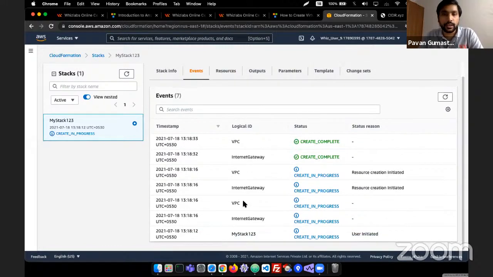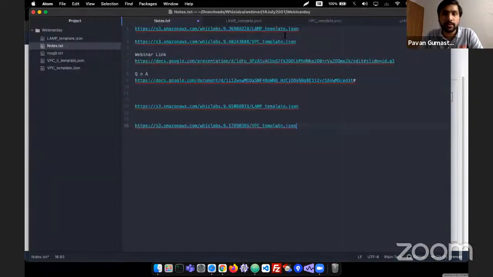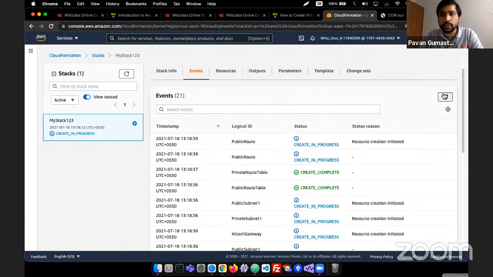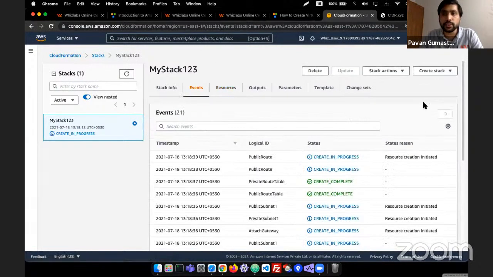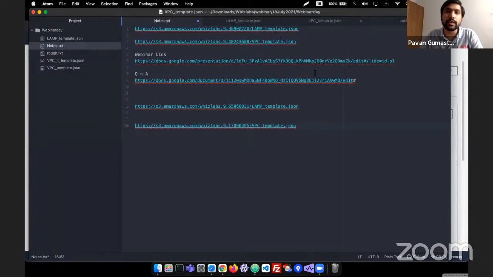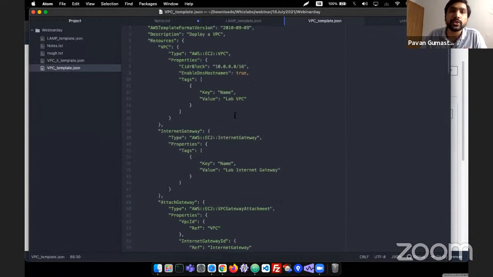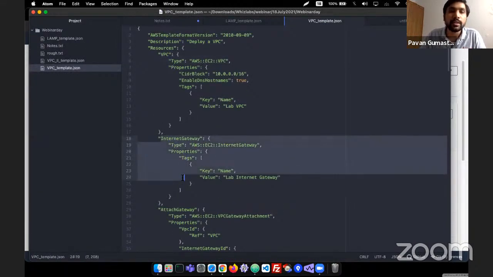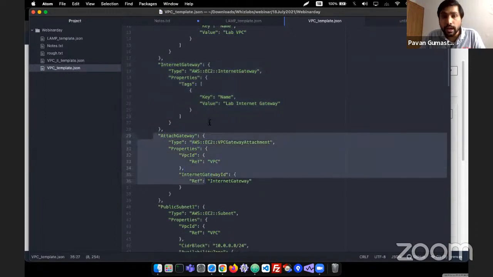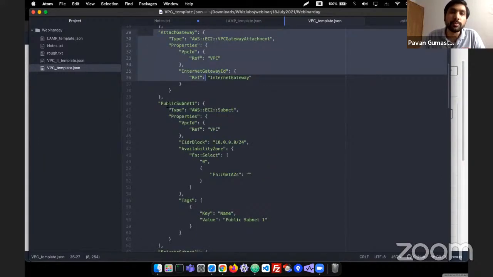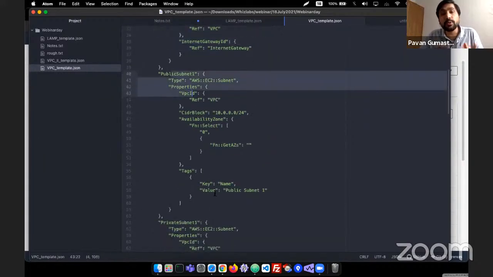As you can see, it started creating all the components mentioned in the JSON, right? So I'm just clicking on refresh. It started creating all these things, and it is going to provision each and everything. Basically each and everything inside this template is an infrastructure. VPC is an infrastructure, an internet gateway is an infrastructure. All these things you are putting as code. You are saying, okay, you create one VPC, you create one internet gateway, and you attach them, you put a public subnet, you put a private subnet, and how they have to be configured. All these things are done through code. This gives more control on what you are doing, and there will be less chance of mistakes. Okay,